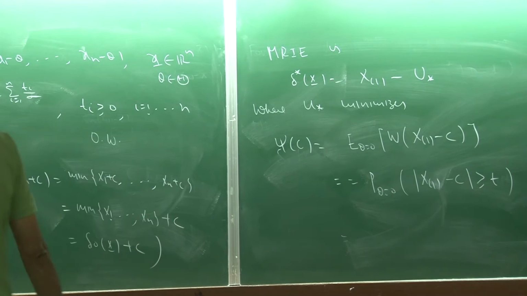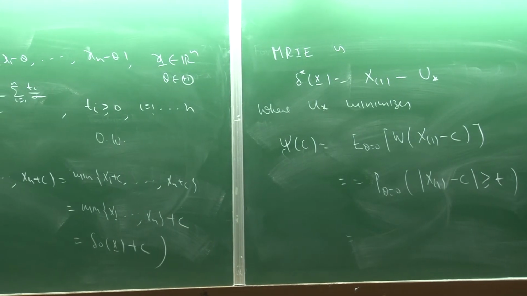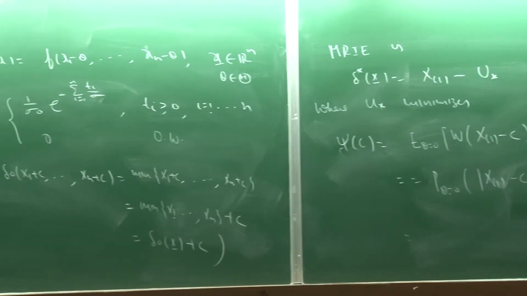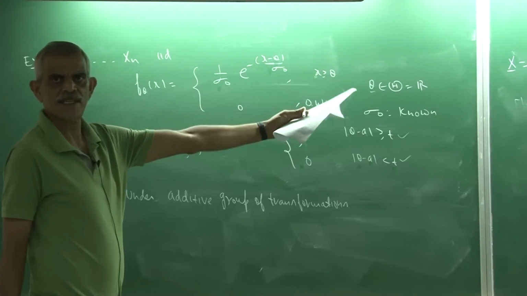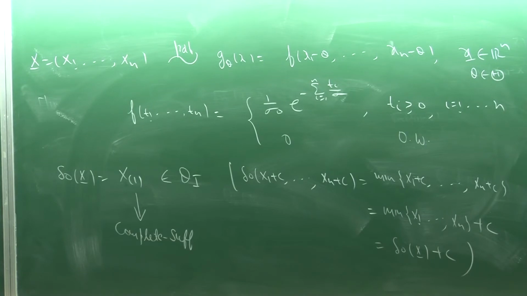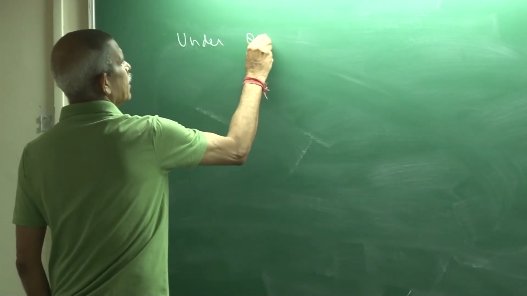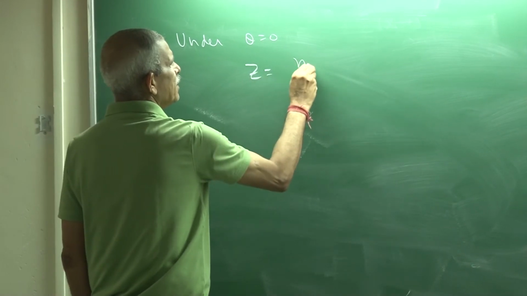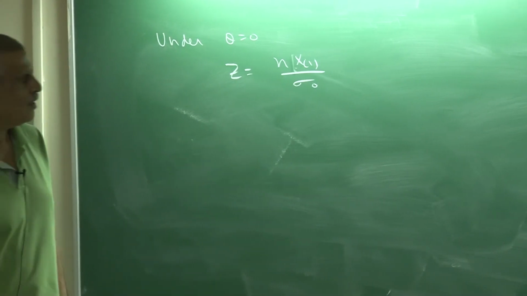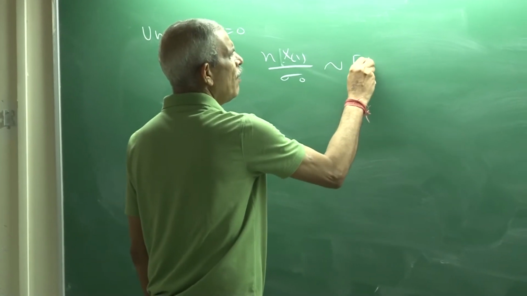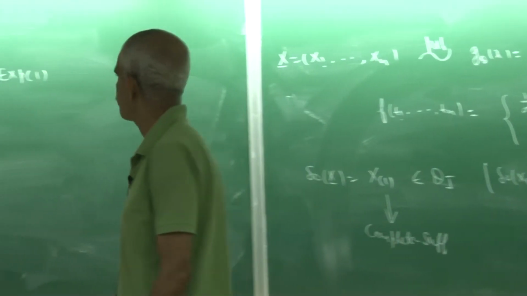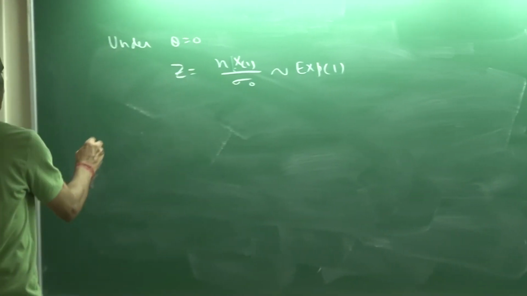So I just need to know what is the distribution of x1 under theta is equal to 0. Now this is exponential. So from last course you know that n times (x1 minus theta) by sigma naught is exponential 1. So under theta is equal to 0, if I define z, which is n times x1 by sigma naught, this is exponential 1. That means its PDF is e to power minus z if z is positive. So I write down that psi c